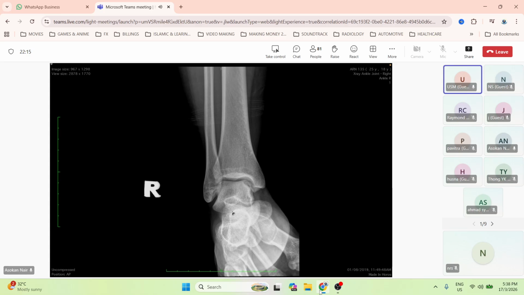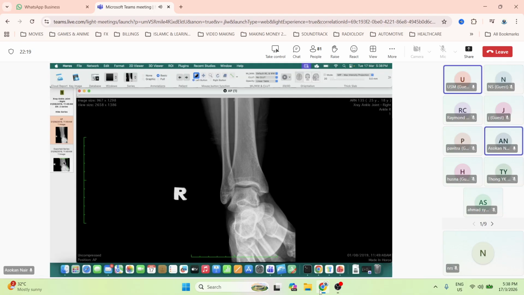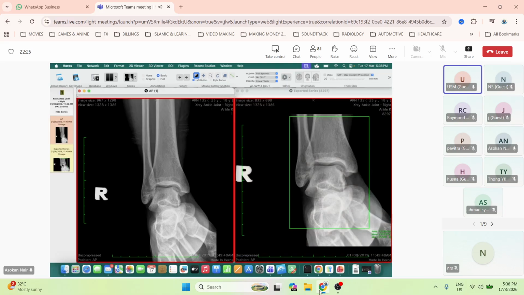Okay, Prof. Rusli here from USM. So this is an ankle radiograph in AP view. And on the right side, I think, is a magnified image. Okay, so looking at the image,